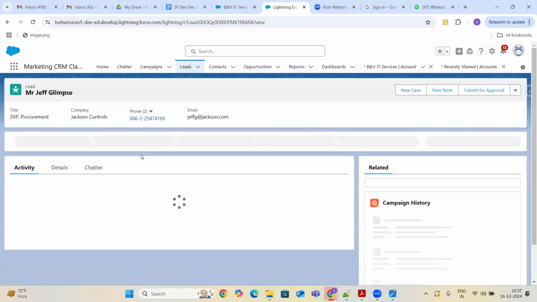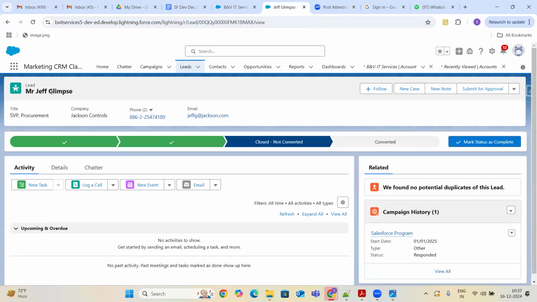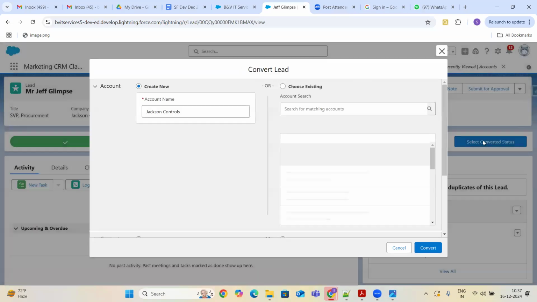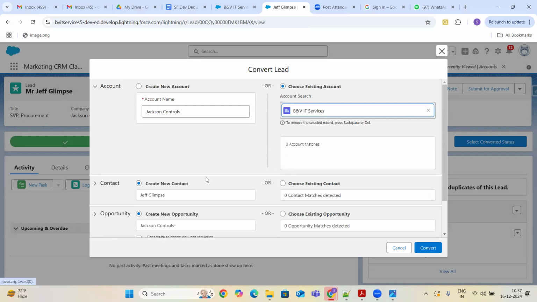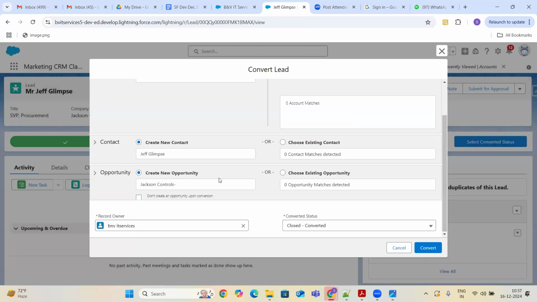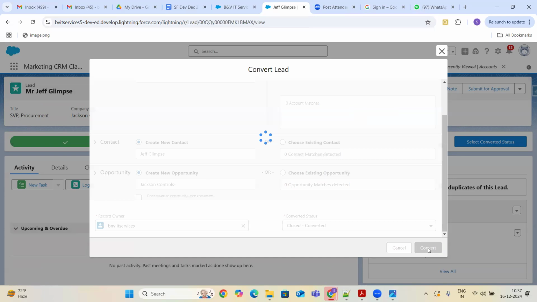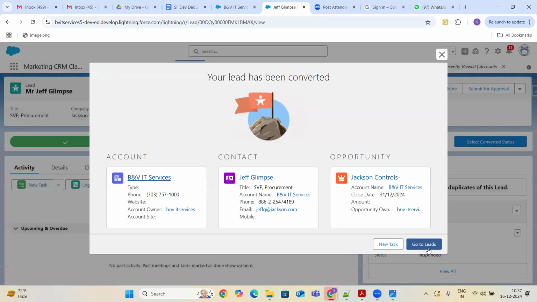As part of the other campaign, let us assume Jeff Glimpse is the person. So this time we want to convert this lead. This has shown the interest. So I'm going to convert this lead also under the BNB IT services. Would like to create a new contact, and this time I would like to create an opportunity. I'm going to click on convert.